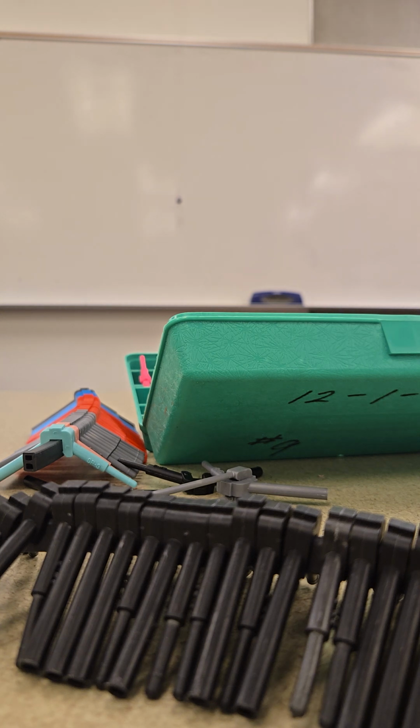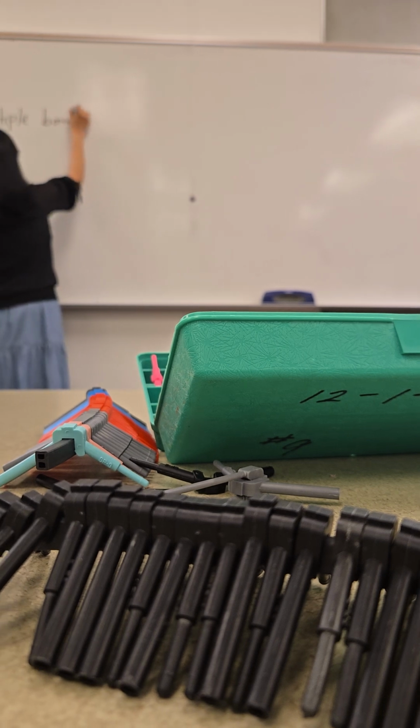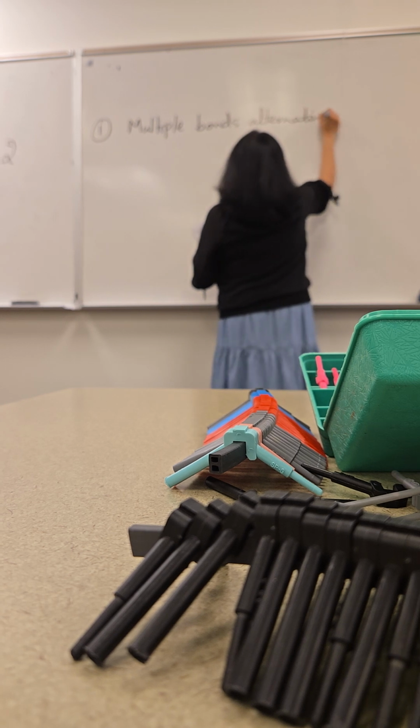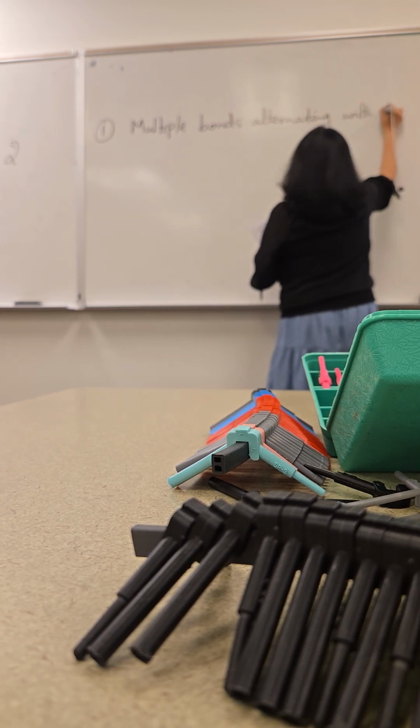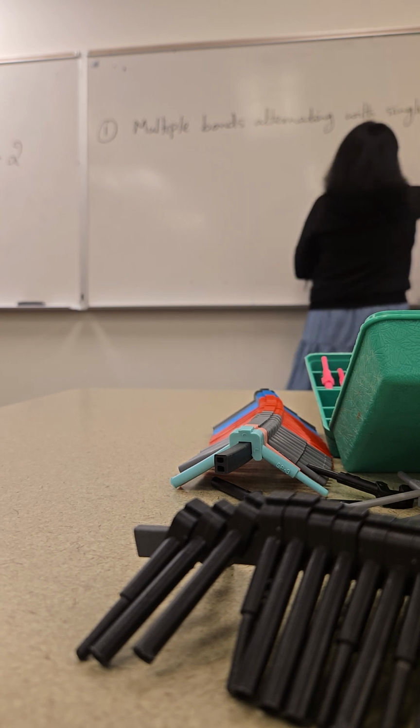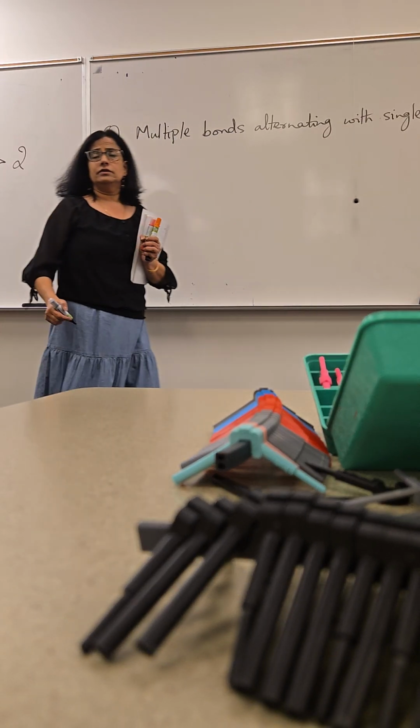So, what are the situations where you should expect resonance? You can expect resonance when you have multiple bonds, meaning double or triple bonds, because they have pi electrons, pi bonds. So when there are multiple bonds alternating with single bonds. Those are the structures where you should expect resonance. For example,